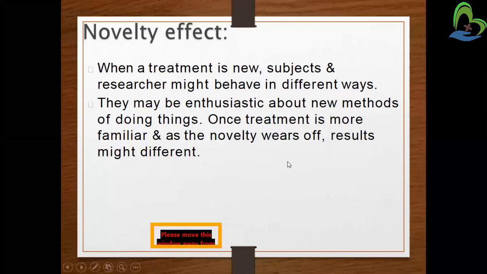Next is the novelty effect. What it is: once the treatment is very new to the person. We can take any technological example. Once I am using an iPhone, it's new for me, so I will be excited to use it. But once it is familiar to me, I'm not that excited, and I will try to get the next generation mobile right away. The same thing happens in treatment also.